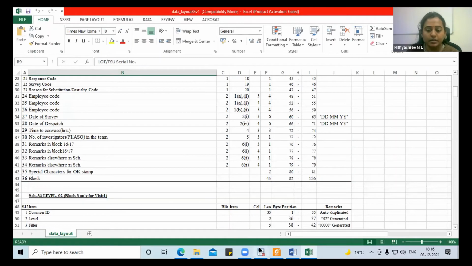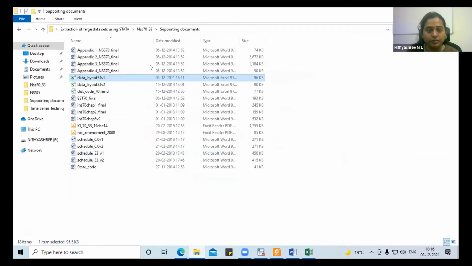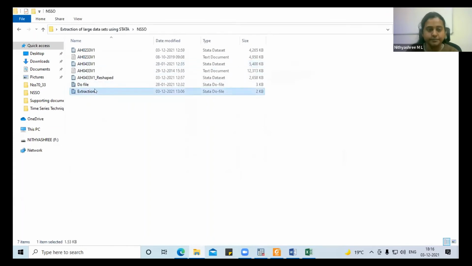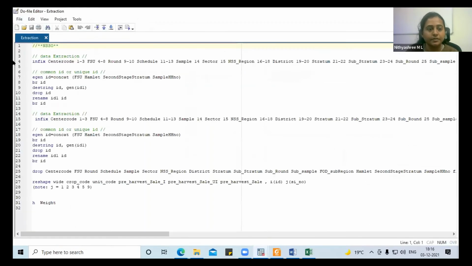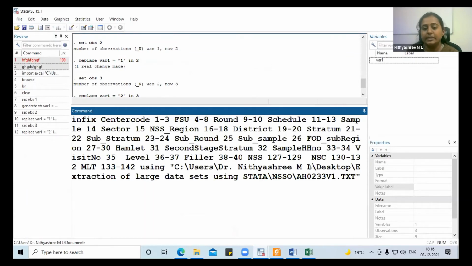I will just open the do file in which I have already written the complete code. Just a minute. So till this, 142 is there.